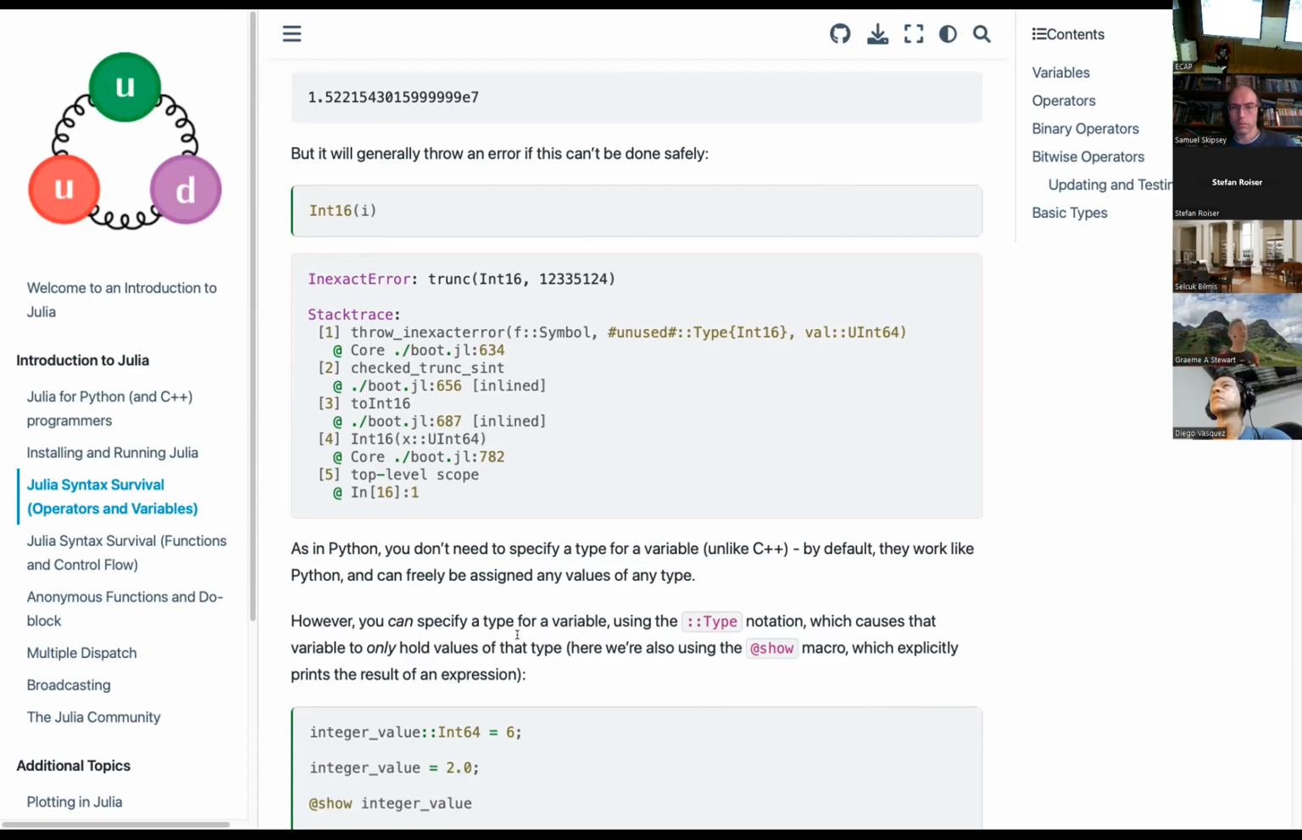Okay. Now you don't need to specify types for variables in Julia. Unlike C++, by default, it works kind of like Python. You can just freely assign any type to any variable at any point in time. There are some times where you do want to specify the type. And the way you do that in Julia is you add a ::type to the end of the variable, and it tells Julia, hey, this variable is going to hold this type,